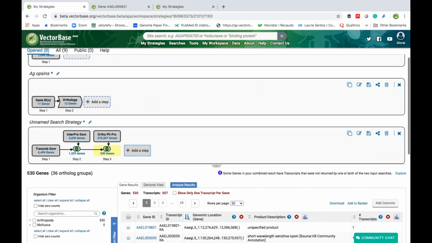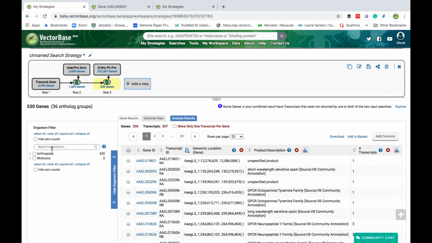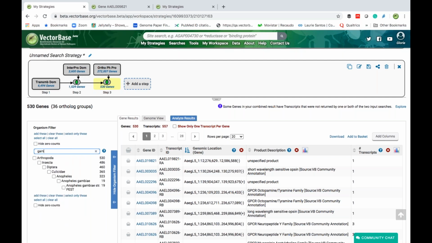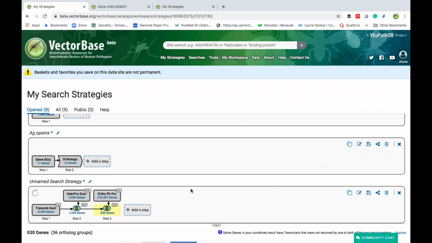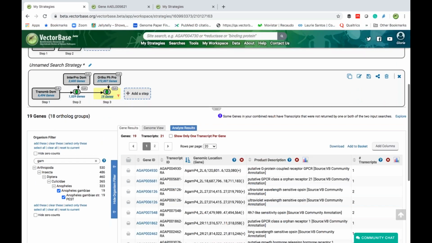Okay, and as you know, same as Susan showed you, here you can filter the data. So I only want to see the data for Gambia, for example. Notice I start with 530 genes. If I only select Gambia and I apply my filter, notice here I have this little icon telling me I have filtered the data and I'm looking at only 19